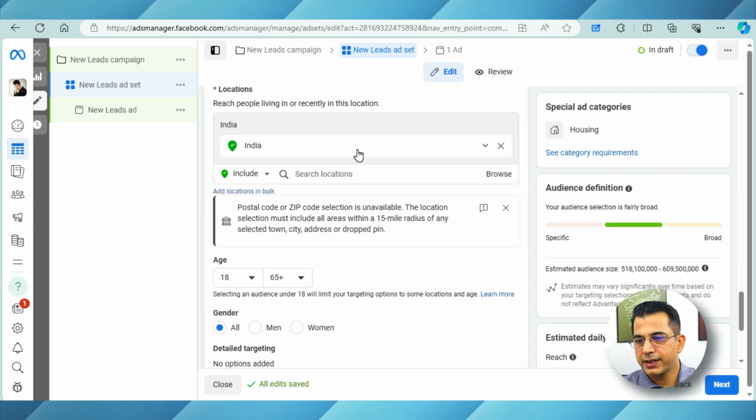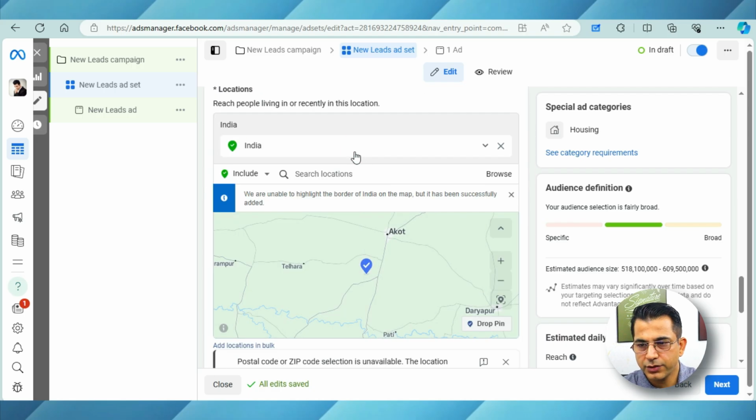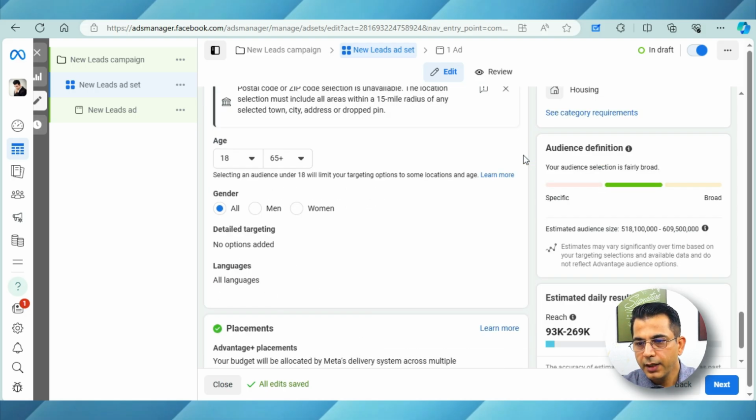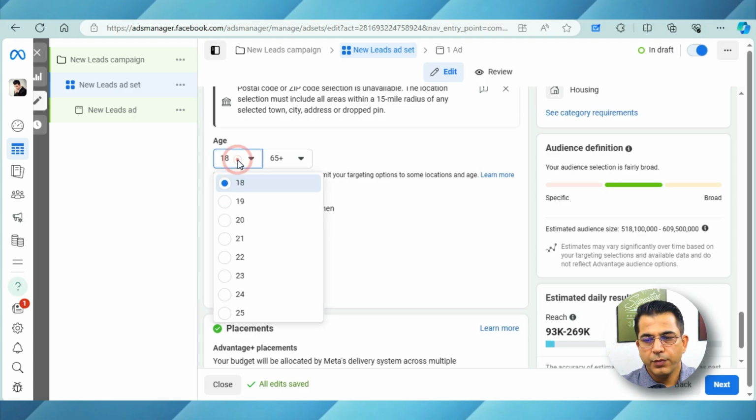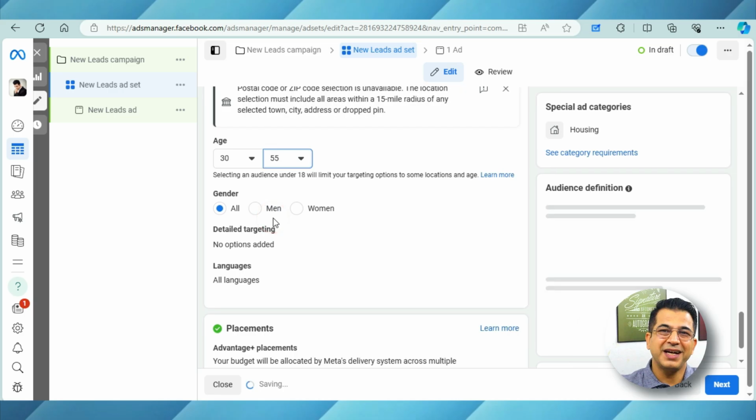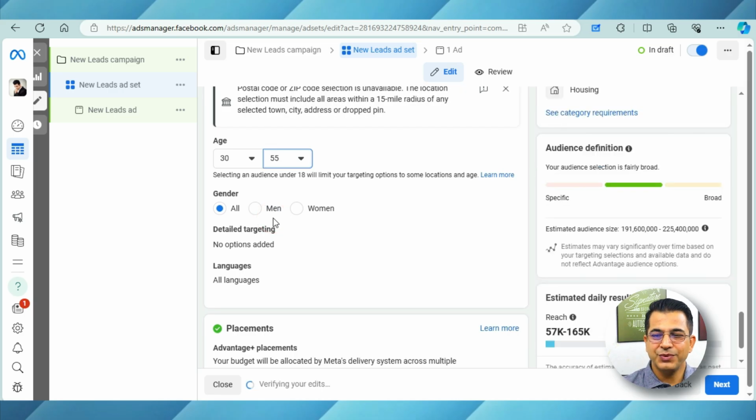Then we need to check the location. Now location depends on where you are targeting. You can even target pin codes, areas, localities. It can be micro. It can be hyper local as well. So depending upon your focus area, you select the age. Most of the time it is from 30 to 55. I'm not sure what kind of customer personality that you have built. So choose your